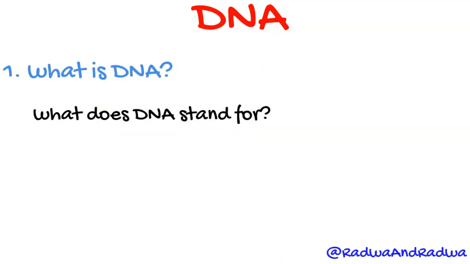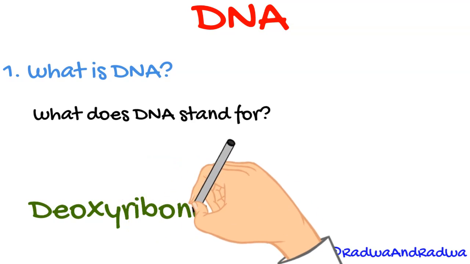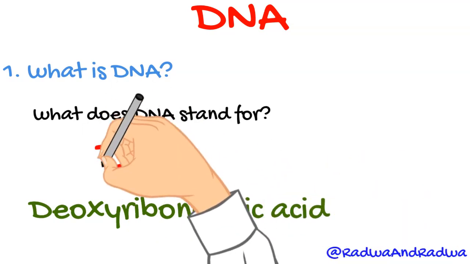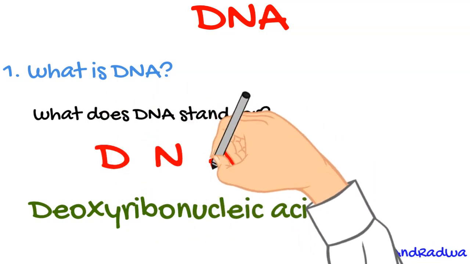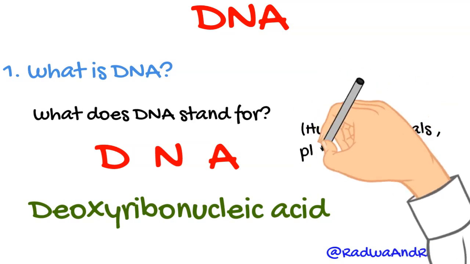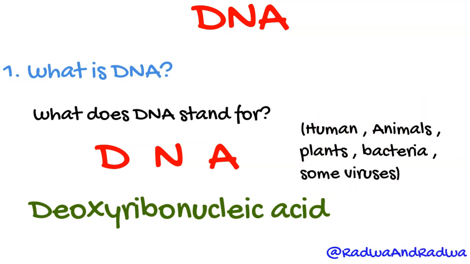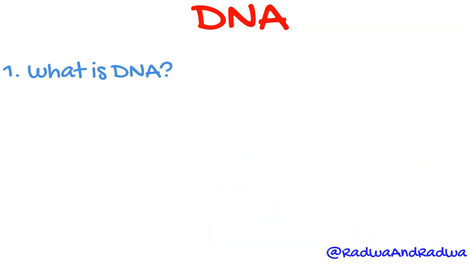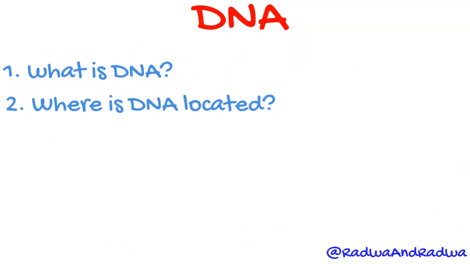It stands for the chemical composition of this long string of letters. DNA is short for deoxyribonucleic acid, DNA, and it's present in human beings, in animals, plants, bacteria, some kinds of viruses in different forms. Okay, so where is DNA located in the human body? In the human body, every cell present in our body has a copy of our own